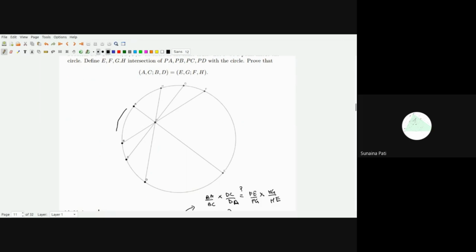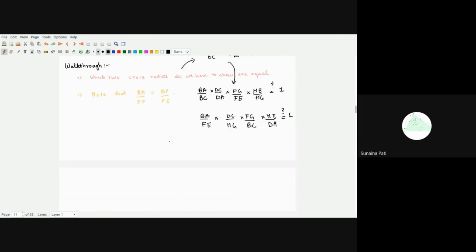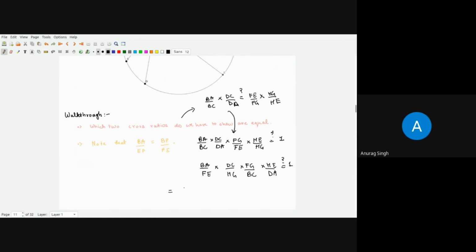The last hint was actually just saying try some something. We can use another similarity, like DT by HF is equal to DP by something. Should I write what you're saying, Anurag? Yeah, go ahead. We can use another similarity using two lines. I like to use two consecutive lines. You can take two lines and the one line between them and use this. Then we get DP by